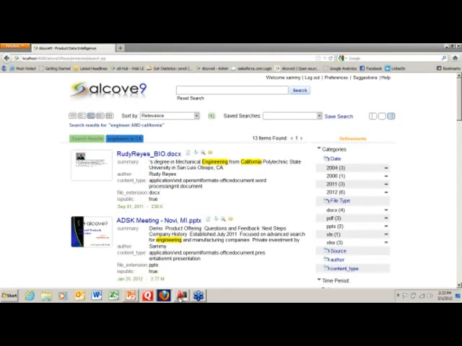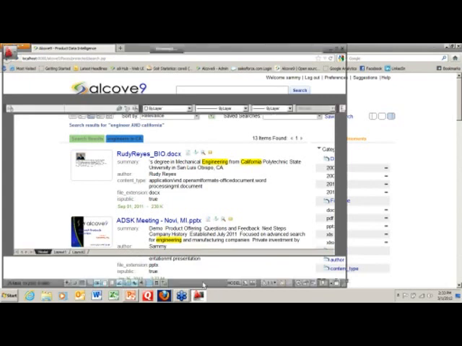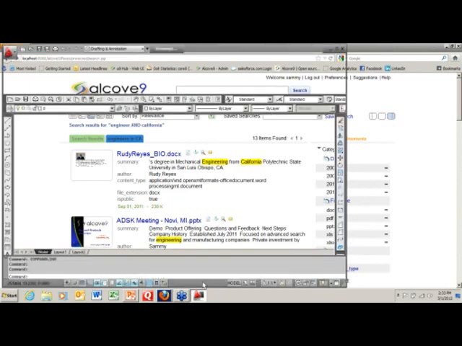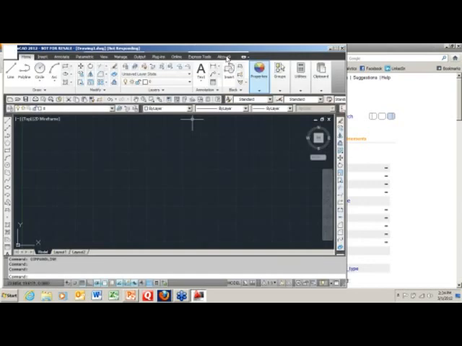So if you are an AutoCAD user that predominantly works within AutoCAD and would like to have that search capability right from within the AutoCAD software, you can have that without even leaving the software itself. So this is the AutoCAD interface. We've added this Alcove9 drop-down menu on the